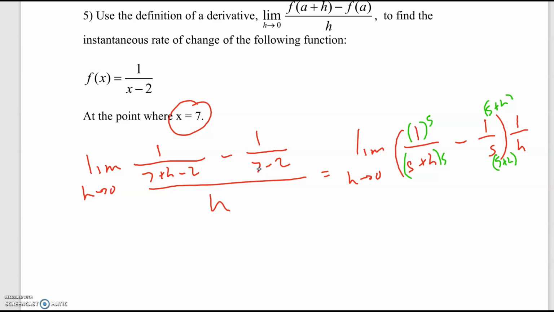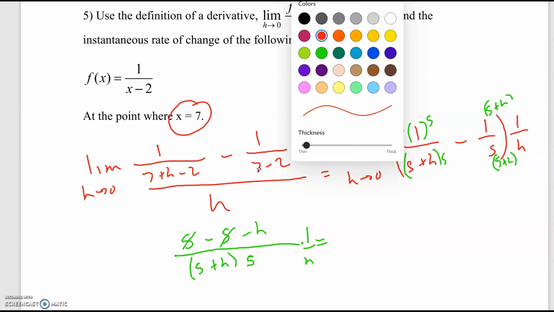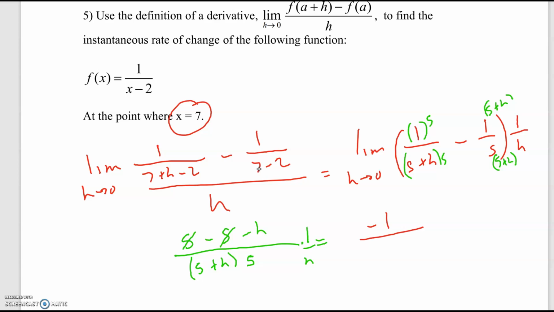Okay, and then from there, everything just sort of falls into place. So you have 5 minus h over 5 plus h times 5. I know my 5s look like s's. Okay, the 5s cancel. You have minus h. Oh, and then times 1 over h, I forgot my 1 over h. And then you can see that the 5s cancel, the h's cancel. You have negative 1 over